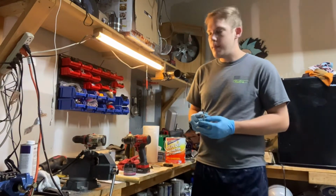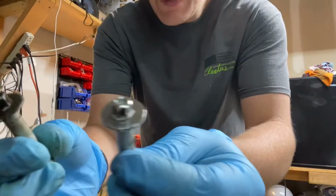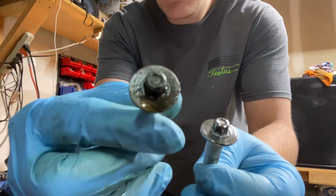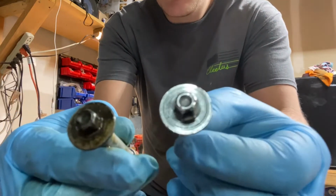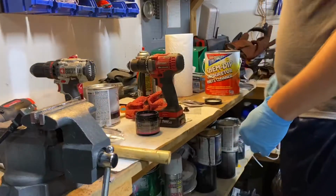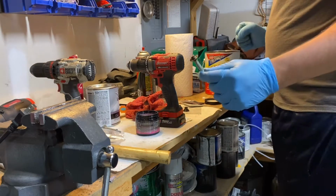Today I'm going to be talking about how to change the old bolts off of a cam cover or rocker cover for an LS from this, as you can see, really old and oily, to nice and shiny and better than brand new. Alright, so the first thing that I do, this is not a requirement, but it is useful,